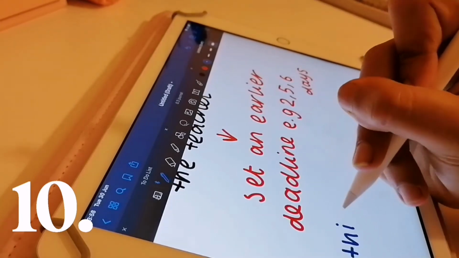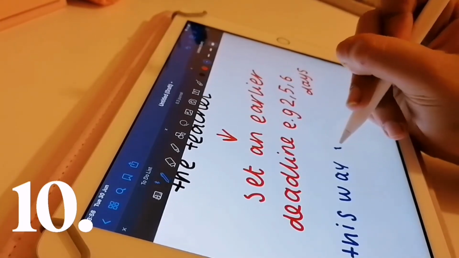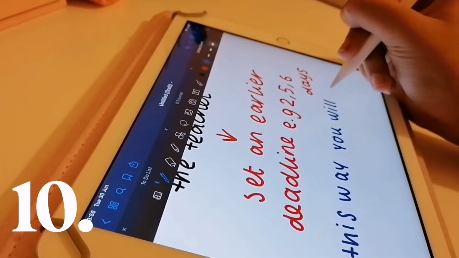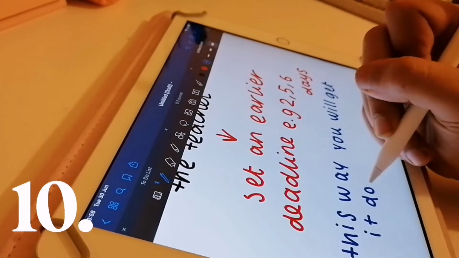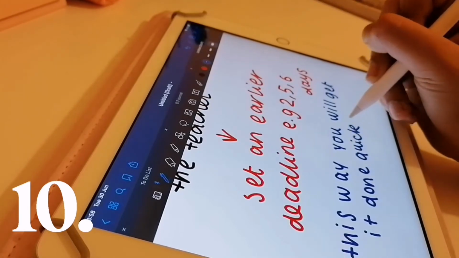that need more time. So when you're setting deadlines, look at the task and how much time it will take you, as well as the actual deadline that you have to complete it by, and make your deadlines according